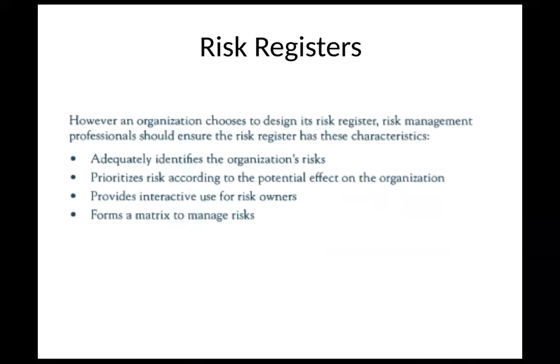But essentially, it's going to have these 4 elements, and this is where you'll typically have a question regarding risk registers on the exam. So it should adequately identify the organization's risks. It should also prioritize risk according to the potential effect on the organization. Provides interactive use for risk owners. What that means is that they can say what's the likelihood or consequence, and they can adjust some of the factors there, and it should form a matrix to manage the risks. So with that,